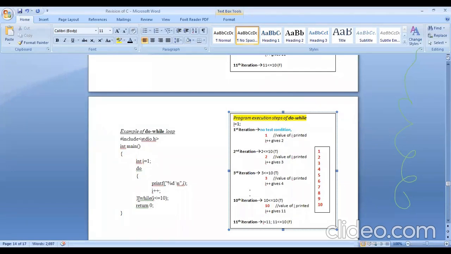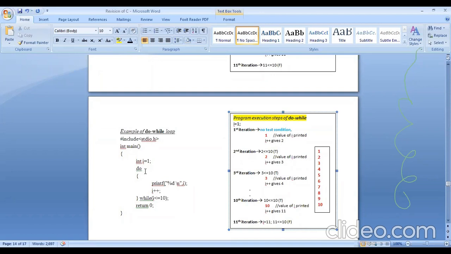Now at the end, for this condition, what do we have? We have while I less than equal to 10. Which I will be checked? The updated value of I will be checked against 10 now. The initial value, which was 1, is never checked. The initial value is never considered for testing purposes. Here always the next updated value of the counter is considered for the condition testing.